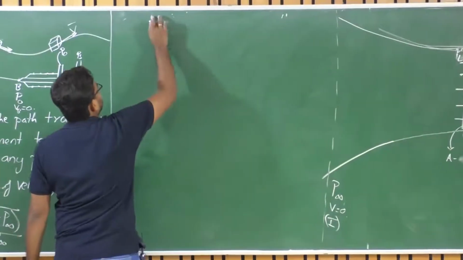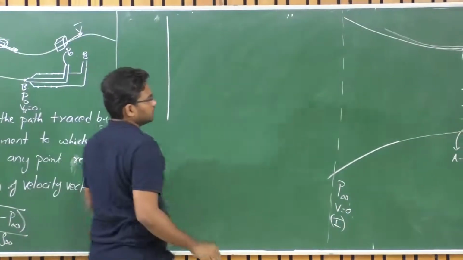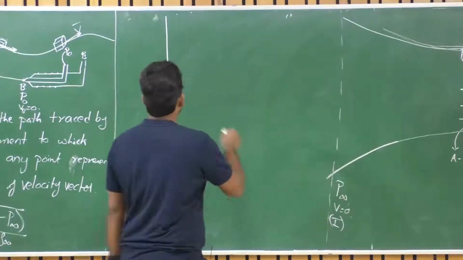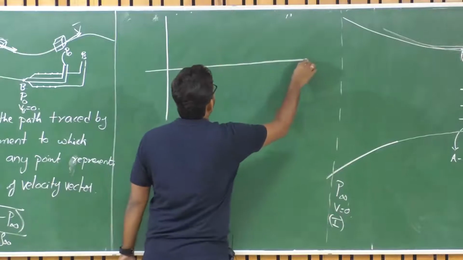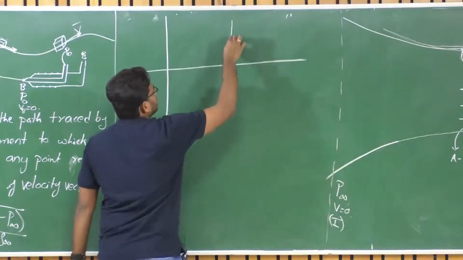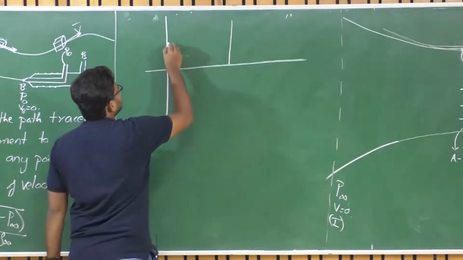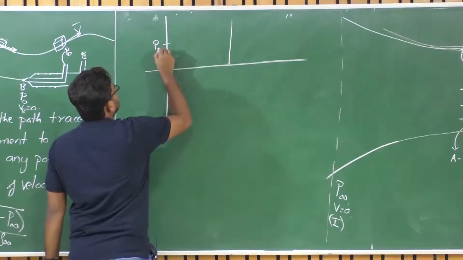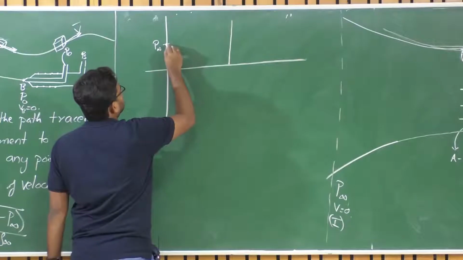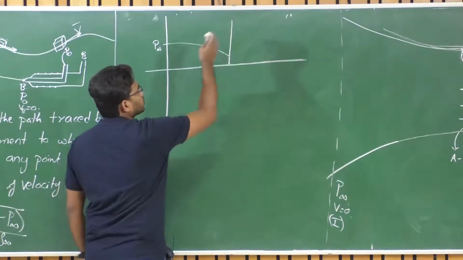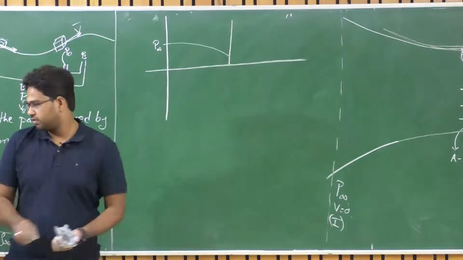Now what we know is about the pressure here. So let us see how the pressure is varying here. If this is the location of the disk, then initially this is my static pressure, P infinity, which is atmospheric pressure. It drops as we go close to this disk, isn't it?